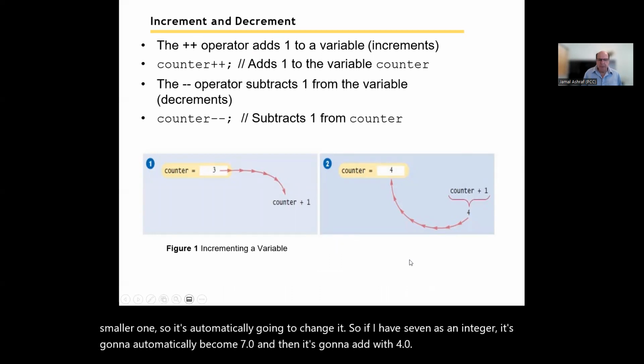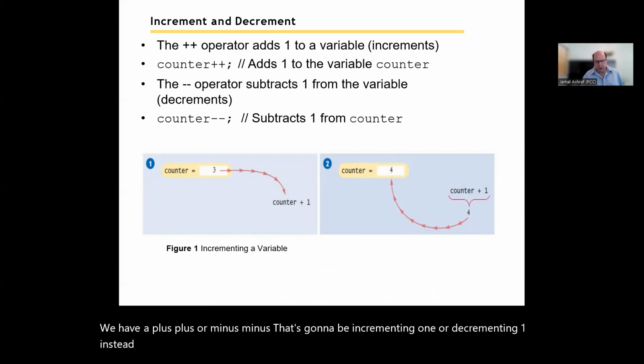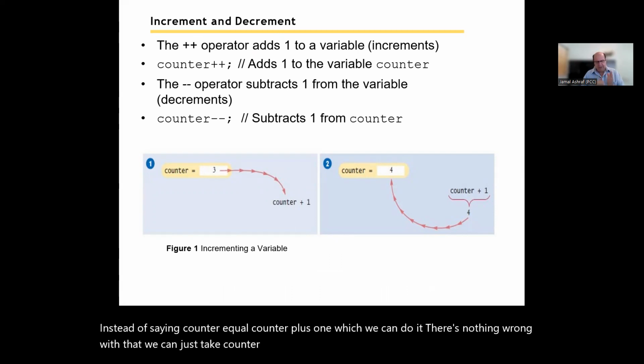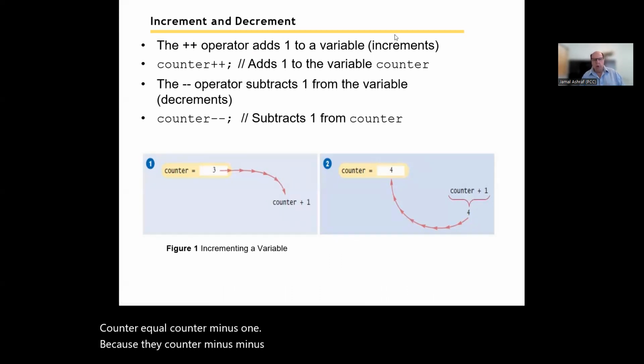We have plus plus and minus minus. That's going to be incrementing by 1 or decrementing by 1, instead of saying counter equal counter plus 1, which we can do. There's nothing wrong with that. We can just say counter plus plus, or instead of saying counter equal counter minus 1, we can say counter minus minus. So we could, so counter equal